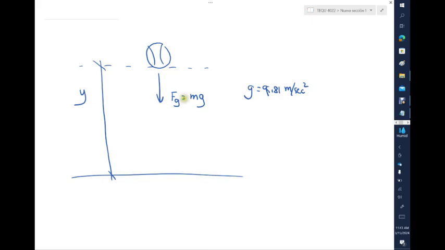If this is the only force involved as the ball falls down, that's what we call a free fall situation. Remember there's air all over, but we are assuming that the air will not impact the ball, so that's called free fall. In that case, we apply Newton's law that the net force, which is a vector, equals